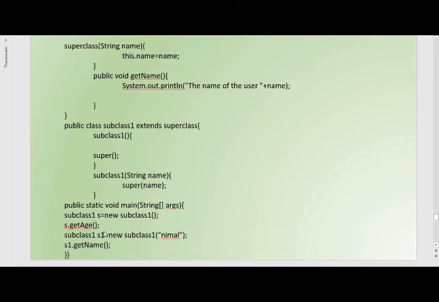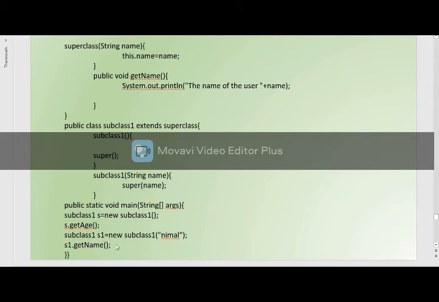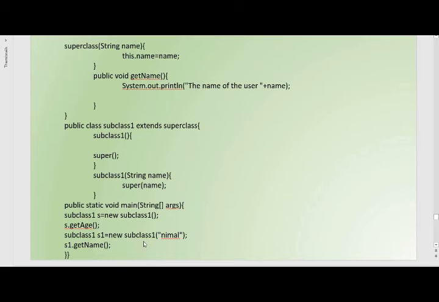The object name is s1, referring to subclass 1, and we use the parameterized constructor to give the values for the object. Now in the parameterized constructor of subclass 1, you can see inside the parentheses String name,